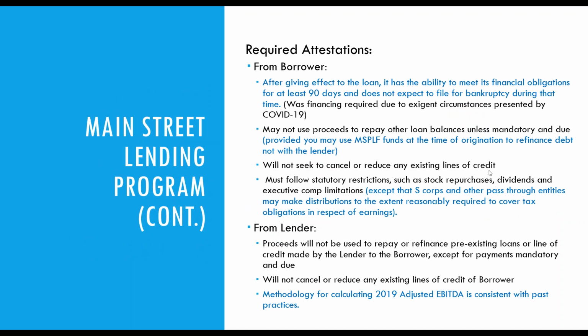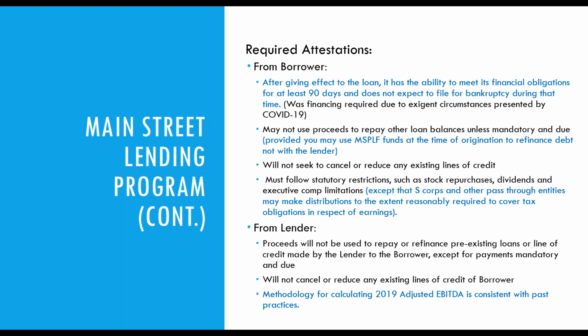There are required attestations from both the borrowers and the lenders, which impose additional terms on the programs. Borrowers will need to state that they have the financial ability to meet obligations for at least 90 days after the loan, and this is pro forma, giving effect to the loan. And they do not expect to file for bankruptcy during that time. Previously, they had to attest that financing was required due to exigent circumstances presented by COVID, so that standard has